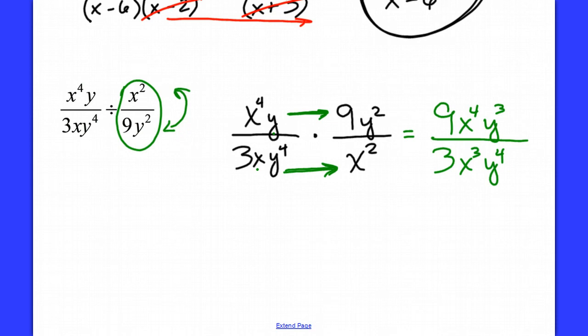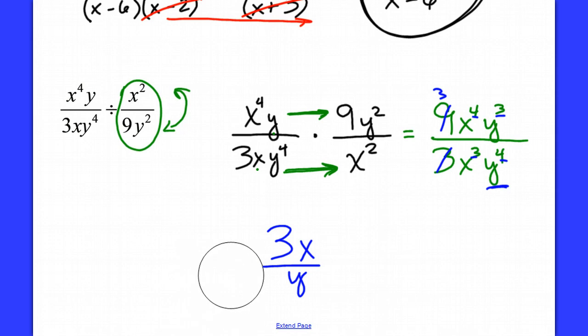We can take the 9 and 3 and work with them. 9 over 3 would simplify, and that's going to simplify to be a 3 on top. The 3 off the bottom will cancel. x to the 4th over x to the 3rd, you can think of it as subtracting the exponents. 4 minus 3 would be x to the first. And then we can go 3 minus 4 for the y's, and that would be -1. Or we can just think that since the 4 is the bigger one down here, we are going to be left with our answer on the bottom. So what we have, and I'll clean it up a little bit, we have 3x over y